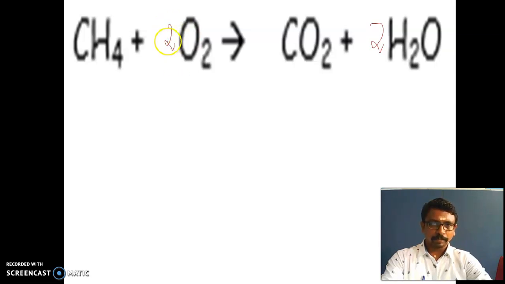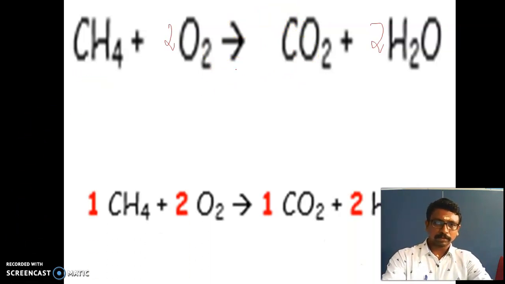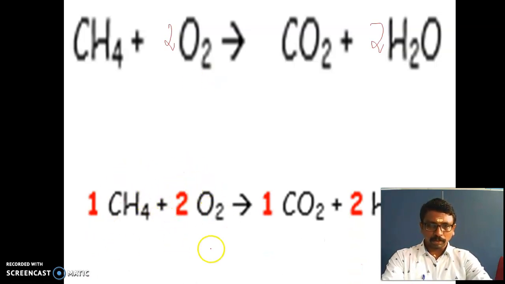So if we put 2 here means the oxygen it will be 4 in the reactant. In product also CO2 plus 2 molecule of H2O, here also the oxygen it will be 4. Hydrogen it will be 4, here also it will be 4. Carbon here it will be 1 and here also it will be 1. So now the equation is balanced. That is 1 molecule of methane plus 2 molecule of oxygen it will give us 1 molecule of carbon dioxide plus 2 molecule